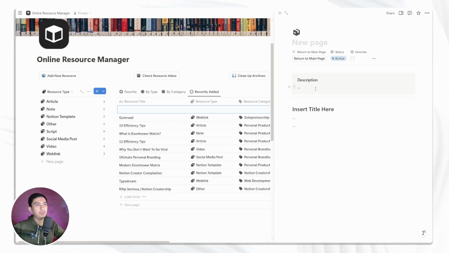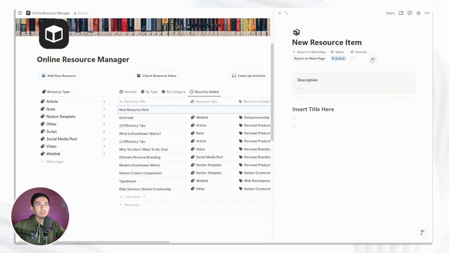In Note, for example, you can describe it, and then you can put all of your notes here, or anything else, articles, you can copy paste if you want. And yeah, you can change the status of the resource. If it's something that you still use, it's active. But if you don't want to use it again, you can click archive. And you can click favorite, like we have seen before. Favorite resources will be shown in the favorite tab later on. And let's add a new title first, new resource item, for example.